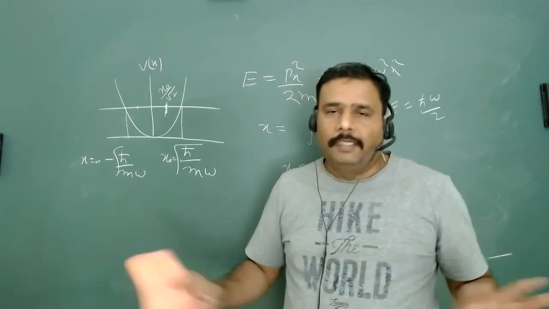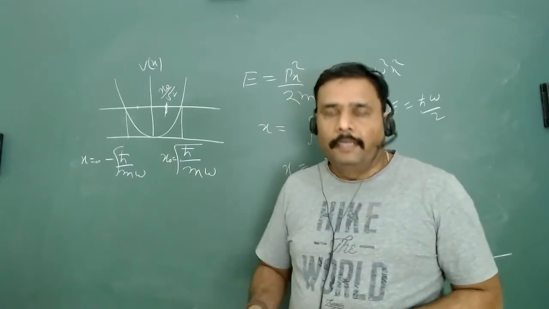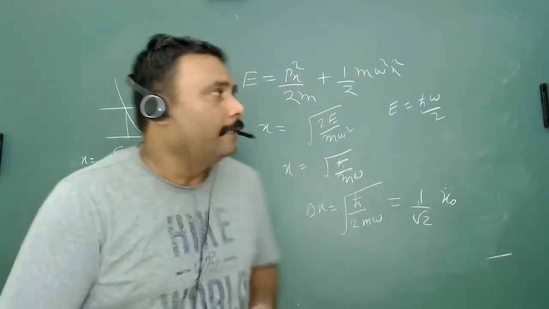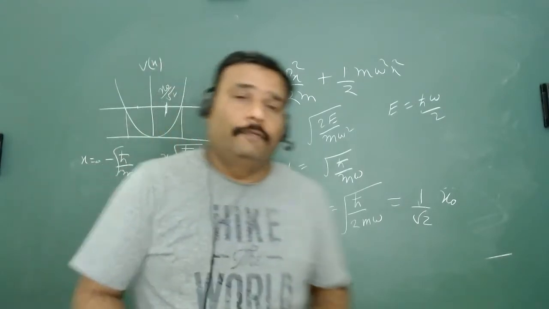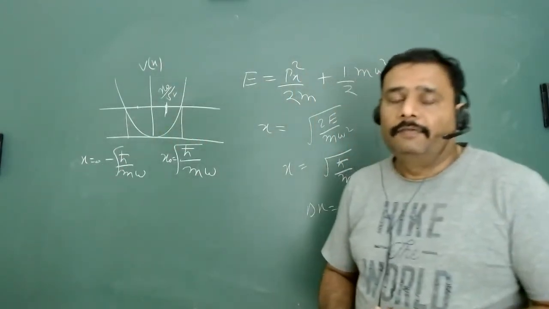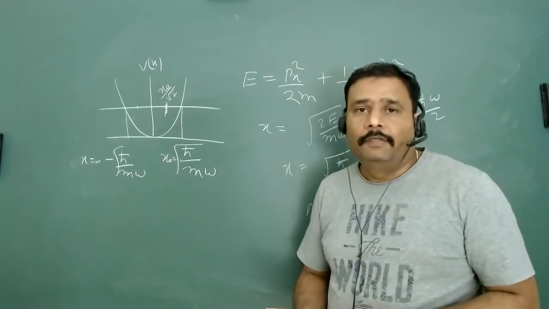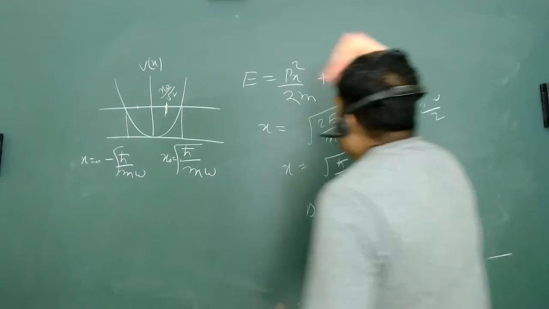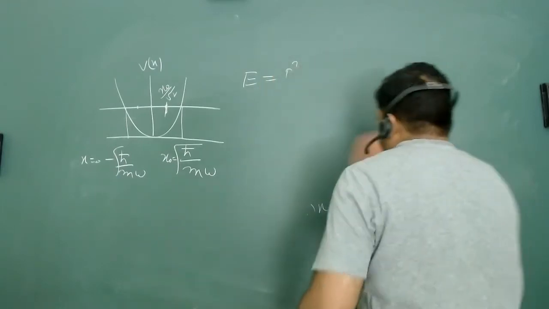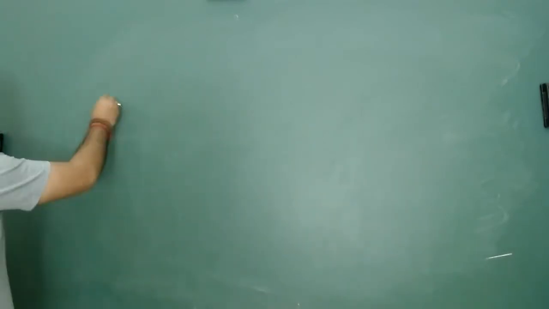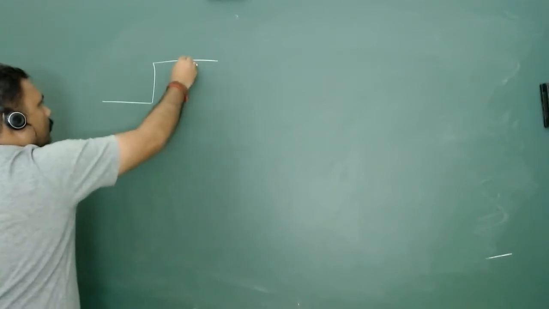You cannot separate it. Let's go for another problem, where we will try to understand, with the help of the de Broglie wavelength, how classical mechanics helps to understand quantum mechanics and what the significance of the de Broglie wavelength is. So let me go for one particular problem. This is a very simple one. This is basically a step potential.